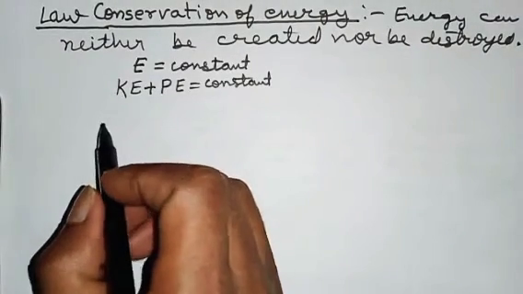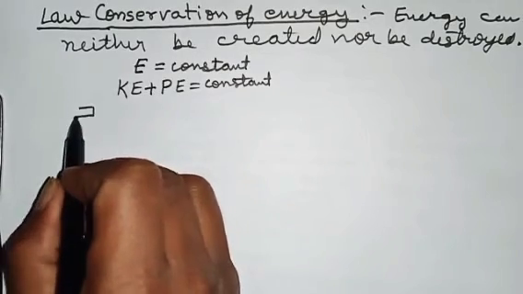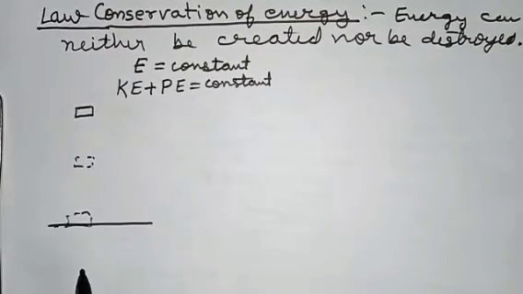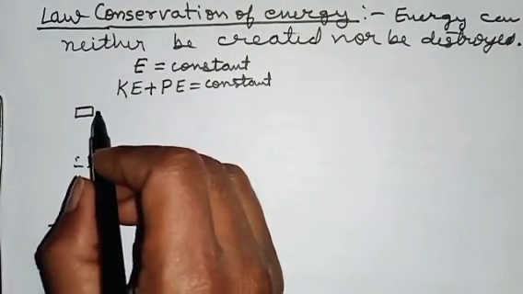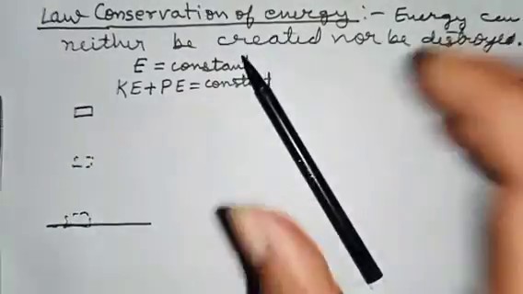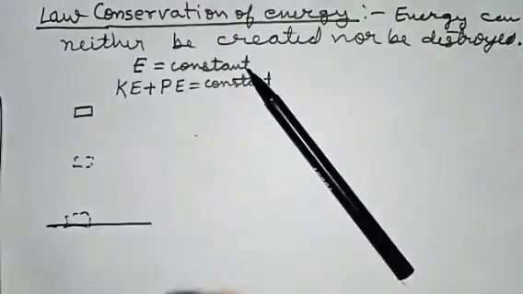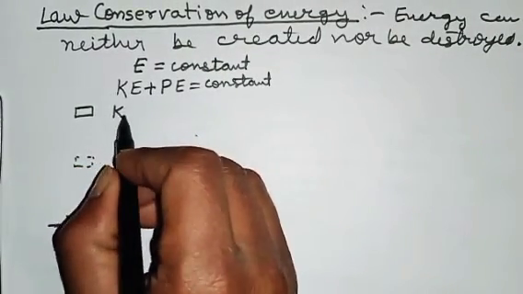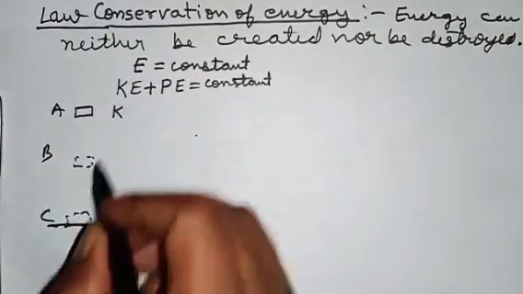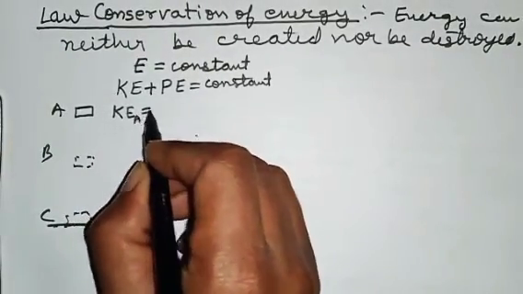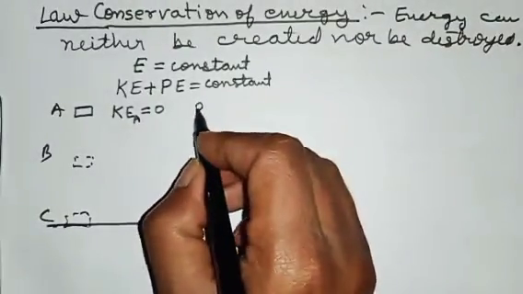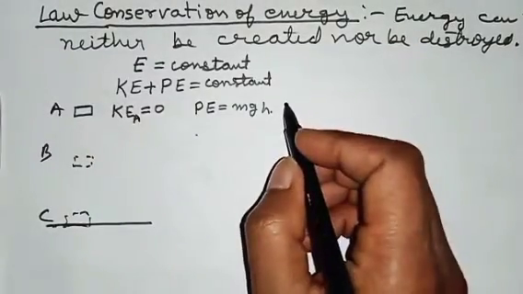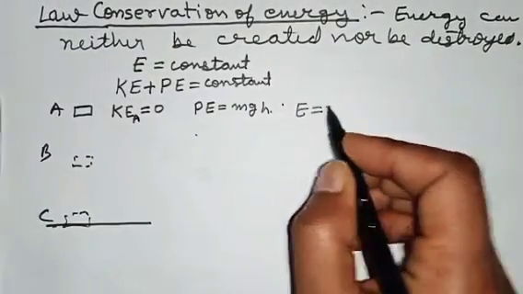But the whole thing is that, if there is a freely falling object, here I have dropped something, it reached till this point. So what will happen? Initially, because I have dropped it from rest, I haven't thrown it, I have just dropped it. So in this starting position, A, B, and C are the points. At the A position, kinetic energy is 0, and potential energy is mgh. So the total energy remains mgh.